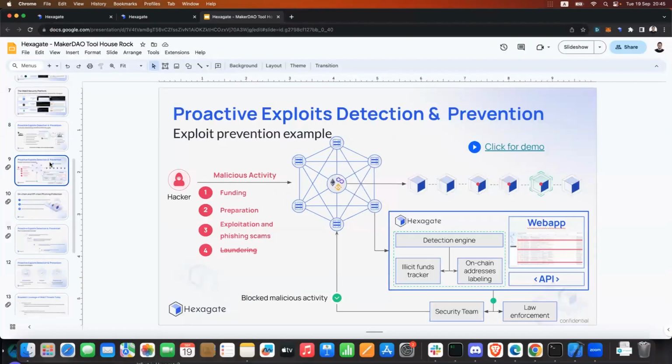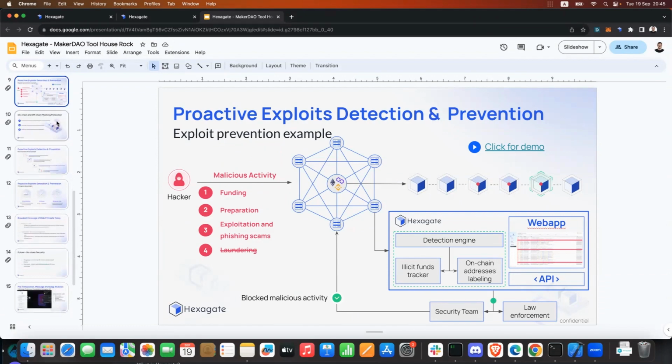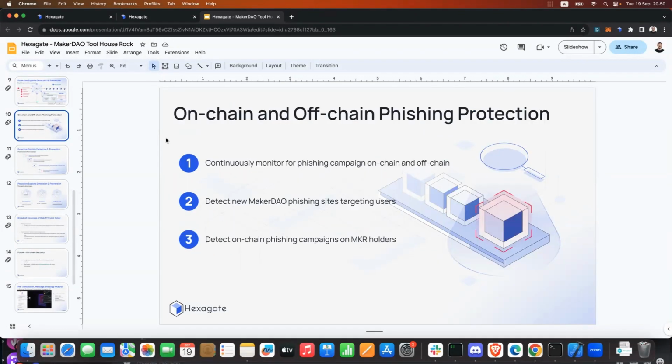Yeah, so that's on the proactive exploit detection and prevention. Right now, we're also monitoring dozens of customers and proactively preventing threats for specific protocols that we work with, in terms of the actual automation that pauses anything, or pauses specific functionalities, or blacklists, or withdraws automatically for some of our asset manager customers and so on. Yannick, go ahead.